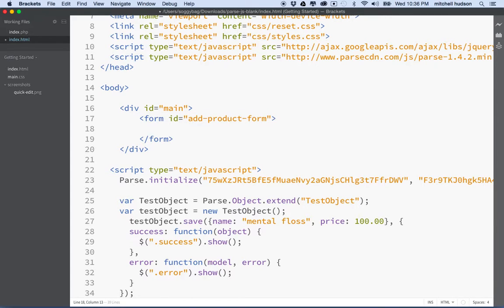And then maybe every product that I add is going to have a text field where you can add your name. So let's call this one ID input name, right? Maybe we'll wrap that in a paragraph, which is probably a smart idea. And then